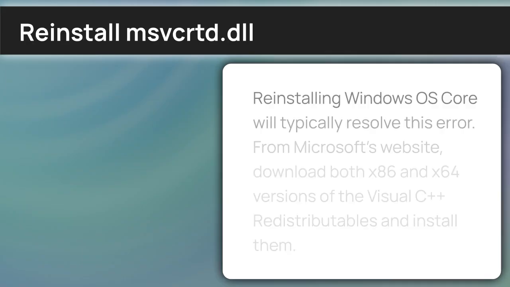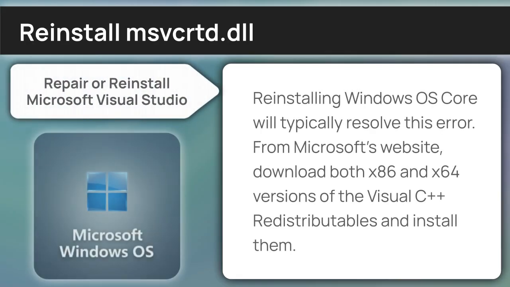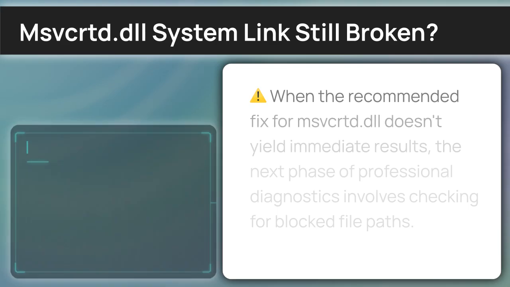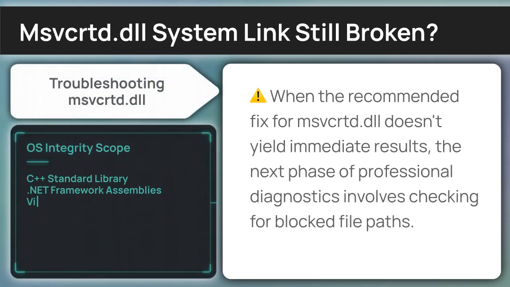To resolve the conflict, you should reinstall Windows OS Core manually. Navigate to Microsoft's website, download the Visual C++ packages for x86 and x64, and run them both to refresh the system. If no luck was had with the redistributable package, we will escalate the fix by performing a targeted reset